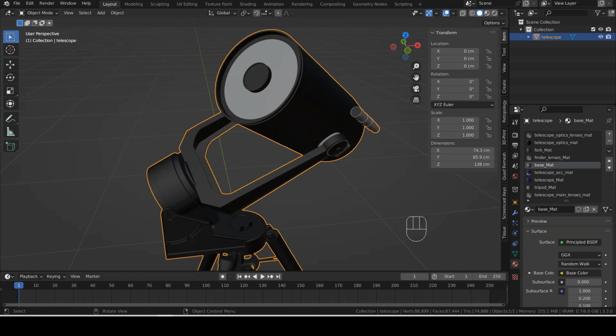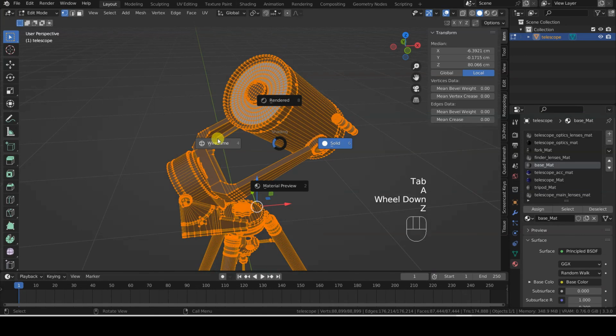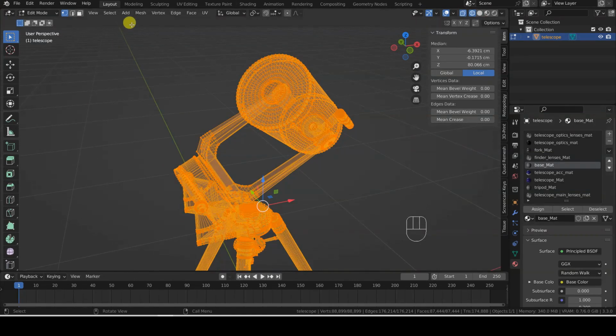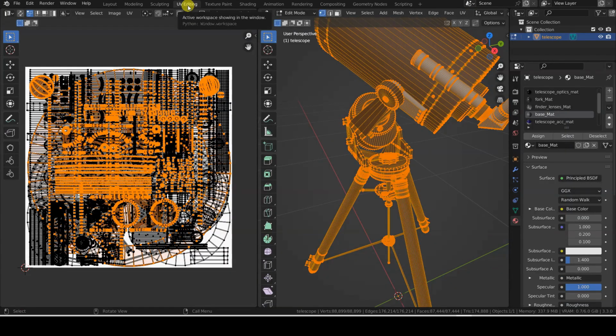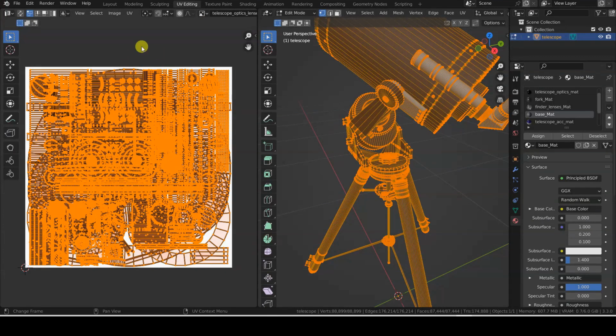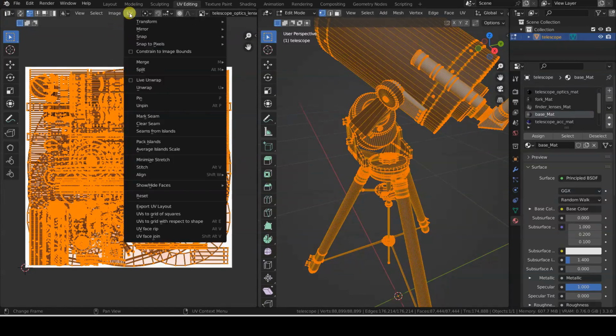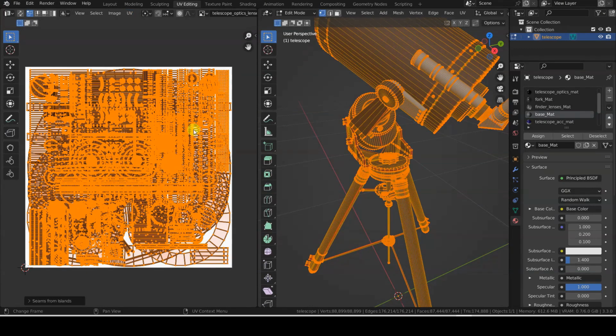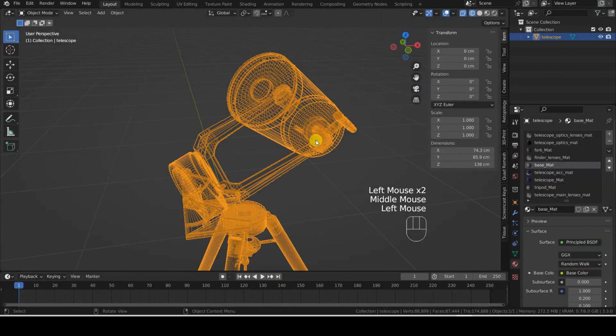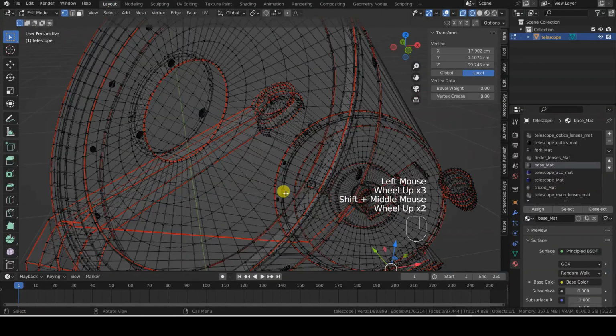To recover the unwraps, in order to modify them or perform other operations on the UV islands, it is enough to select all geometries in Edit mode. Switch to a UV editor window. Also select all the geometries present there. Open the UV menu and choose the Seams from Island option. Now the borders of the UV islands will appear correctly marked as seams.